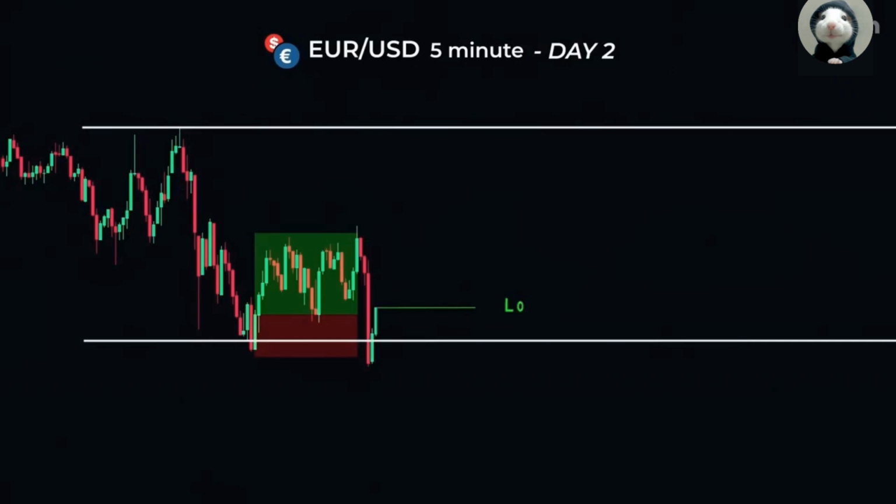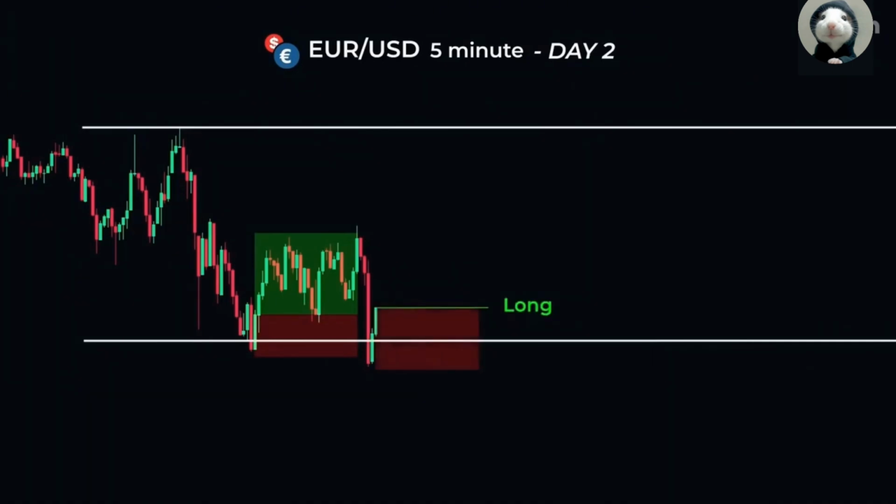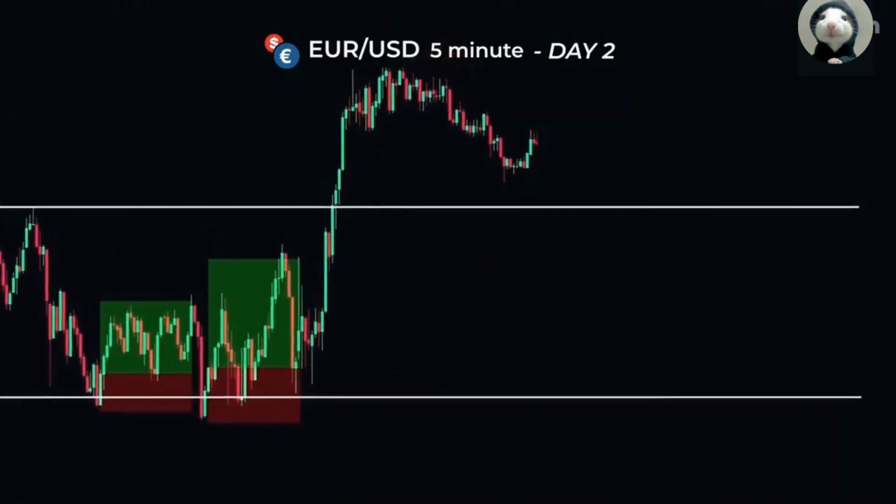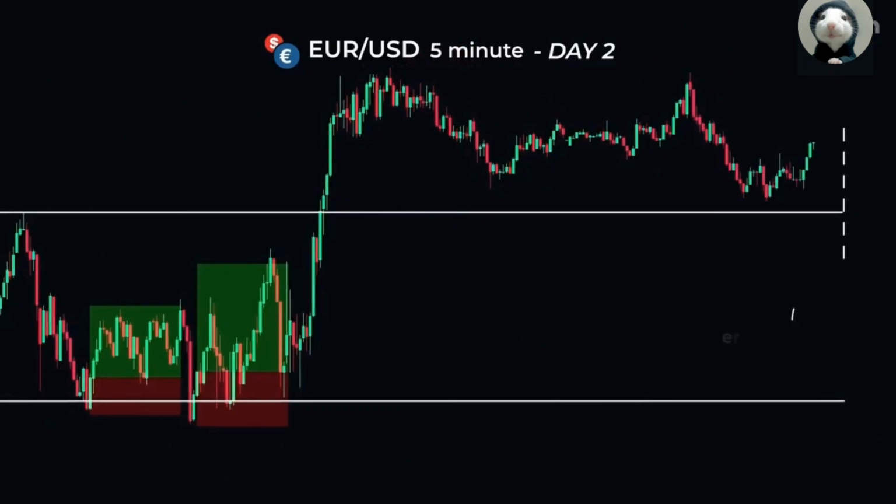Later, price gave another long setup. Stop loss is set at the lows, take profit at 2 times risk. And price hits the target again, another 2R gain. After that, price broke above the range and didn't re-enter until the end of the range, so there were no